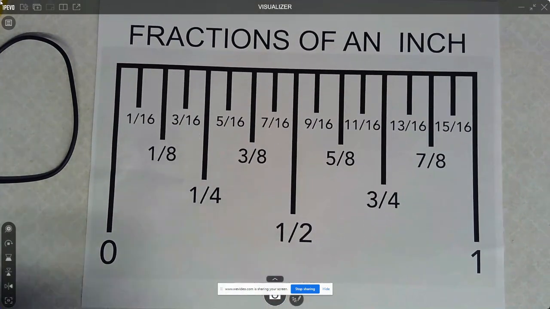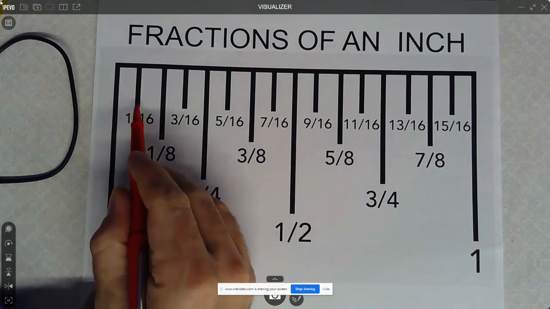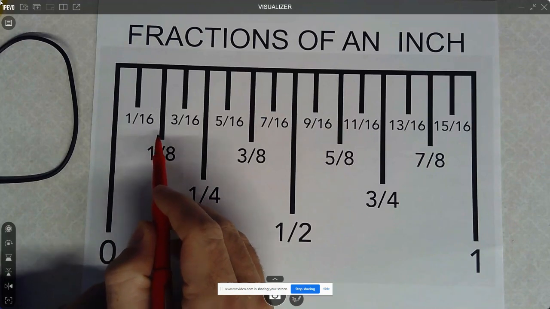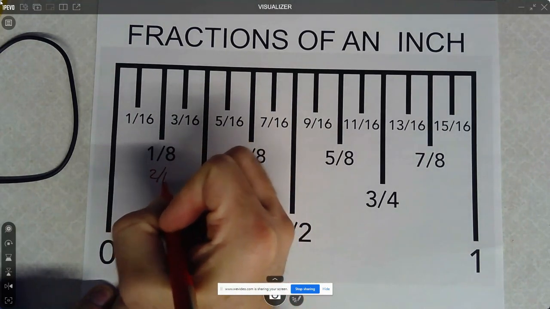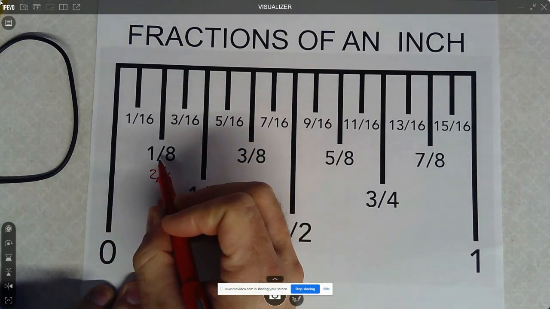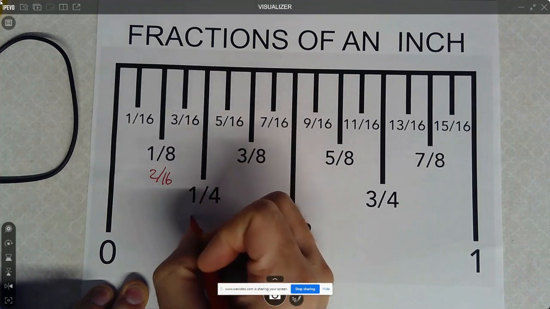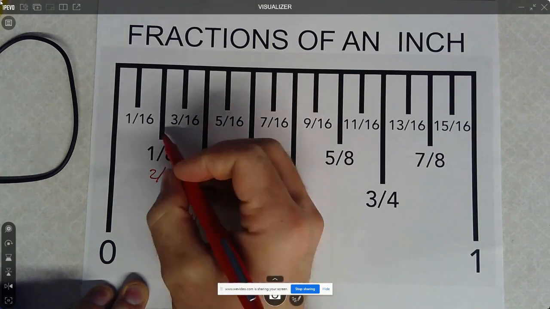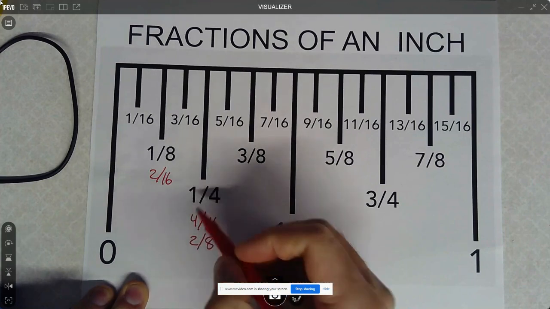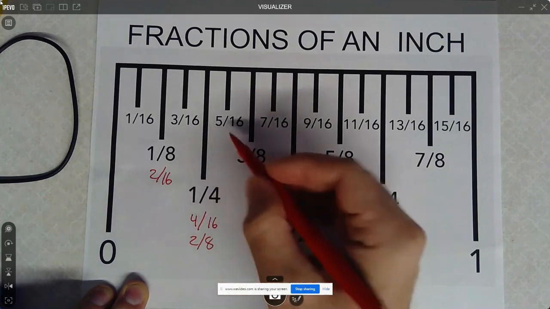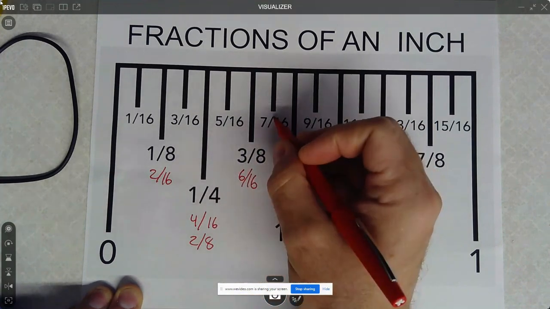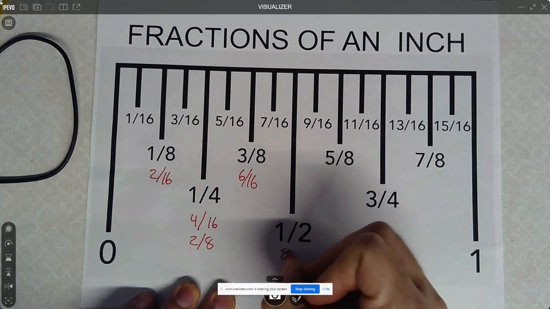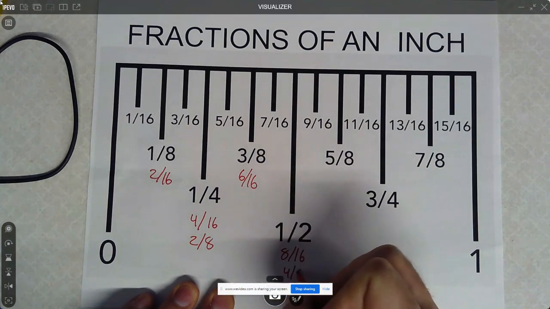One thing to keep in mind is that if you just count tick marks, that's 1/16. We consider this 1/8. But if you just count them as 16ths, 1/16, 2/16. But in a math class, we know 2/16 reduces to 1/8, 3/16, 4/16, or you could think of that as 2/8, but all those reduce to 1/4, 5/16, 6/16, which reduces to 3/8, 7/16, 8/16, or 4/8,